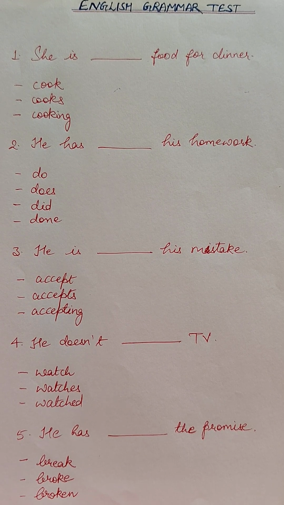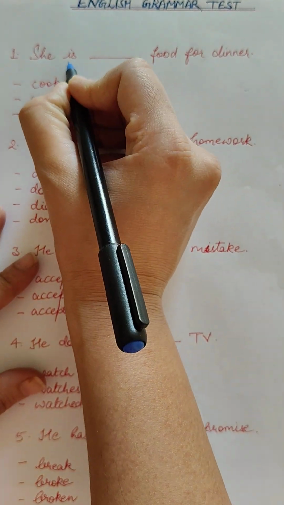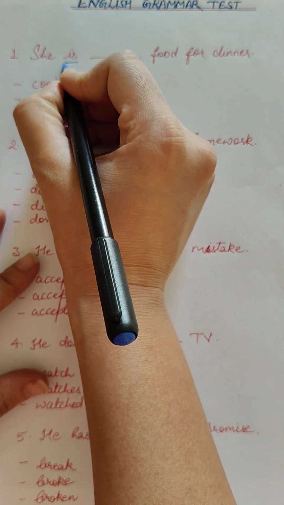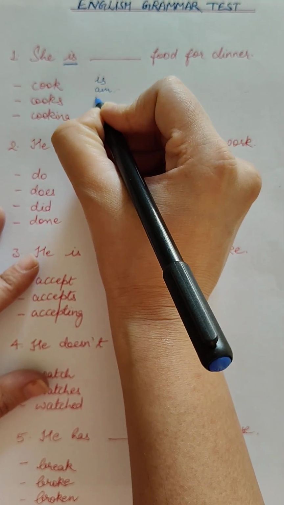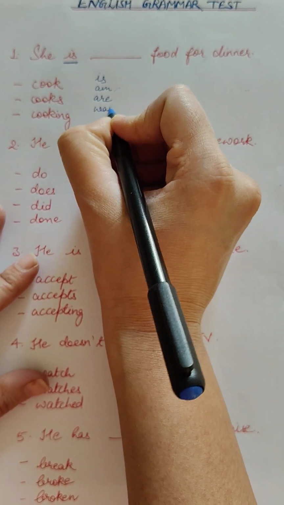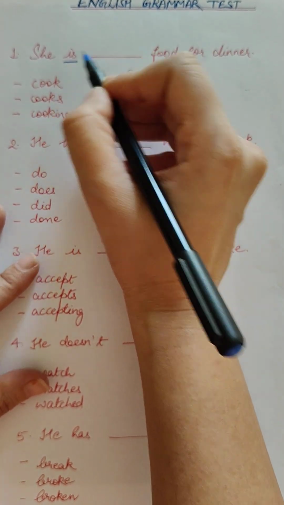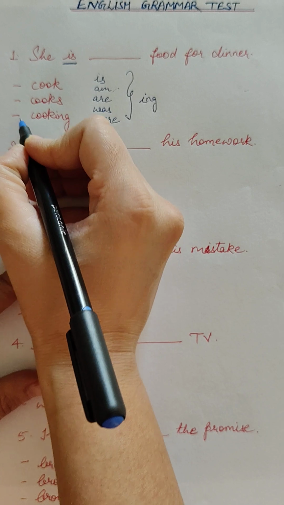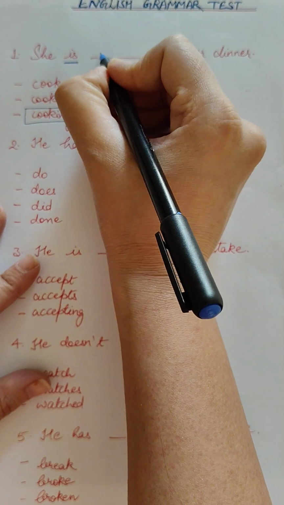She is blank food for dinner. Okay, so verb forms are cook, cooks, cooking. Whenever blank is there and before that is, that means this is our keyword. If we have is, am, are, was, were before our blank, so the verb takes ing. So here cooking is the correct answer. She is cooking